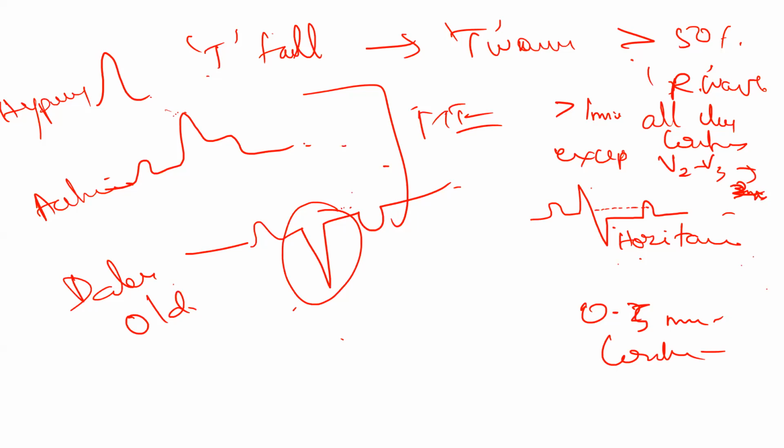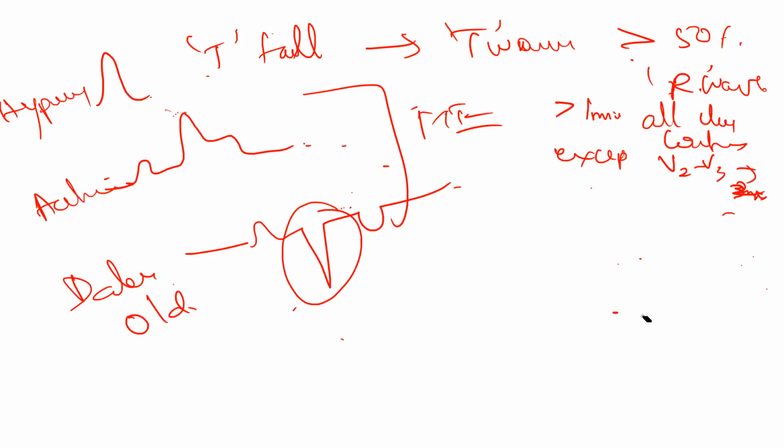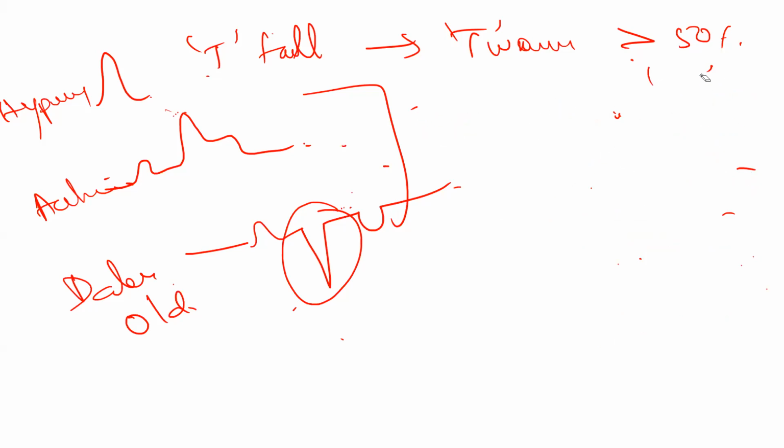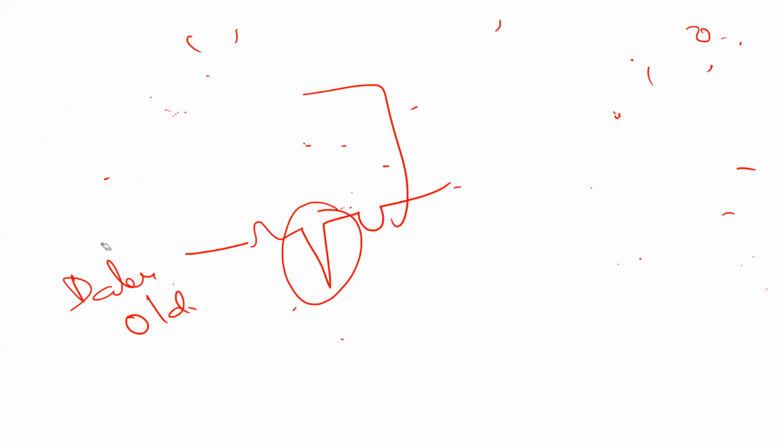Then just try to remember the ECG features of different electrolyte abnormalities, like hyperkalemia, hypercalcemia, hypocalcemia, then hypermagnesemia. The findings of these four electrolyte abnormalities are more than enough. The rest of the ECGs they don't ask. 1 mm is a small box. Hyperkalemia ECG I'll discuss in the OSCE station, so don't worry about it.